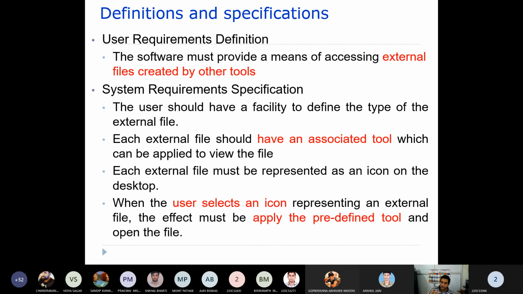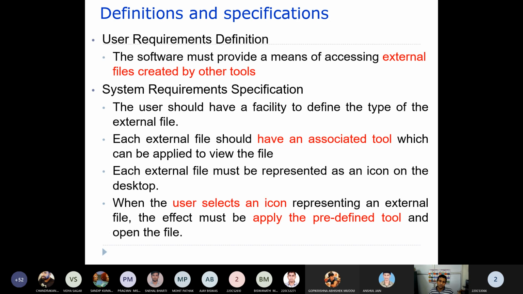Now you see this is a detailed description of the specification, but the user requirement portion is not that detailed, because it is only meant for the user. The user understands this only, and these are things the user may not be able to understand, but these requirements should be provided in this fashion, because it is more close to the development side.